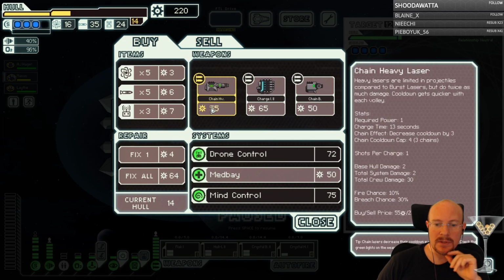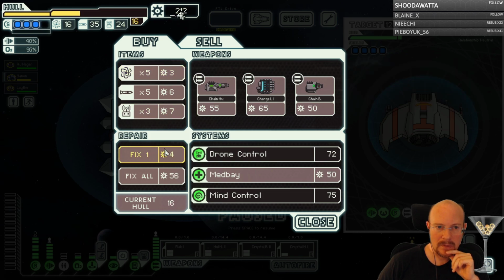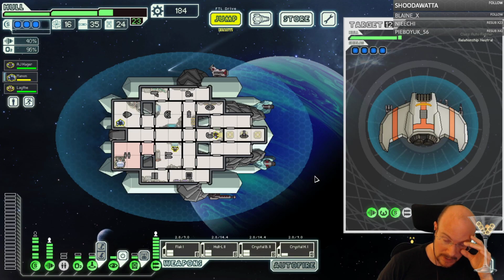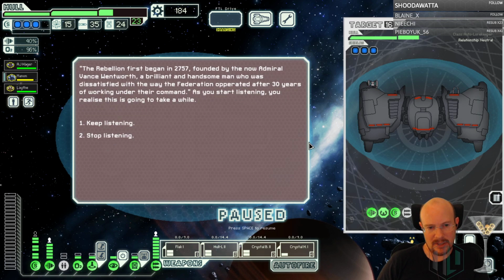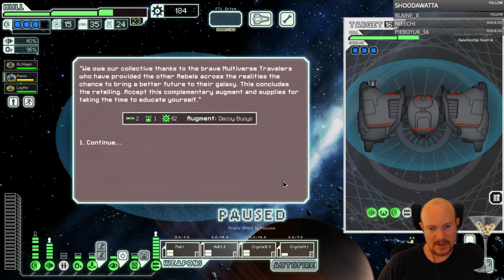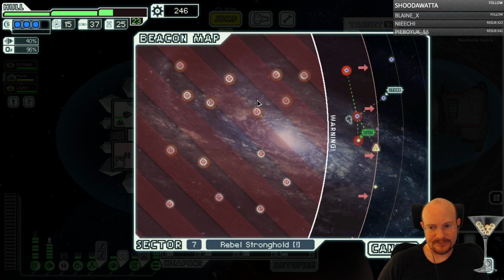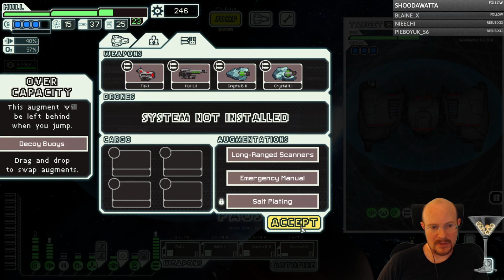No crew for me. Chain heavy laser. Charge ion 2, 3 power, up to 4 shots. That's interesting. I don't think I've seen that one yet. Oh, no crew, no crew, no crew. I can ask Tully for crew. Listen to your history. Keep listening. Continue. Okay. Great. Sure, I'm glad I got this decoy buoys. Well, my 2 extra jumps just got blasted. Decoy buoys do nothing unless I'm going to...